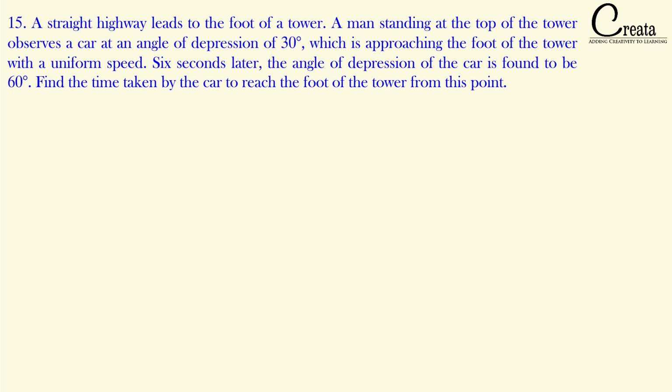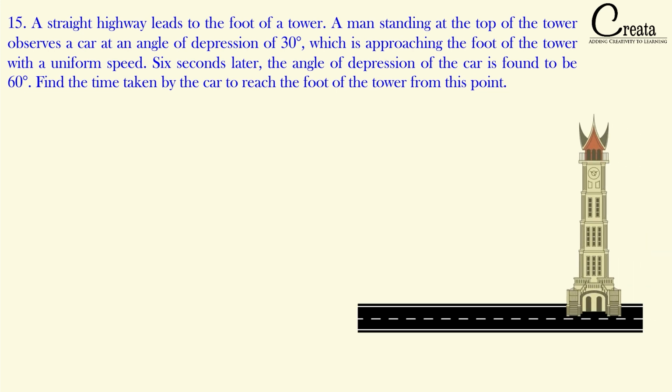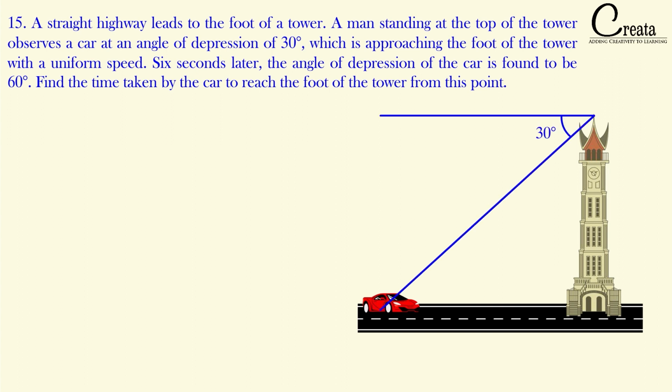So let's observe the question. In this question, a tower is given on the highway. Let's have a tower. On the top of the tower, the man is observing the road. A car is coming toward the tower. That man is also observing this car. The angle of depression formed is 30 degree. Angle of depression is when we are looking downward, this man is looking downward toward the car, and this angle is with respect to the horizontal line. So this angle is 30 degree when this man is looking from the top of the tower to the car